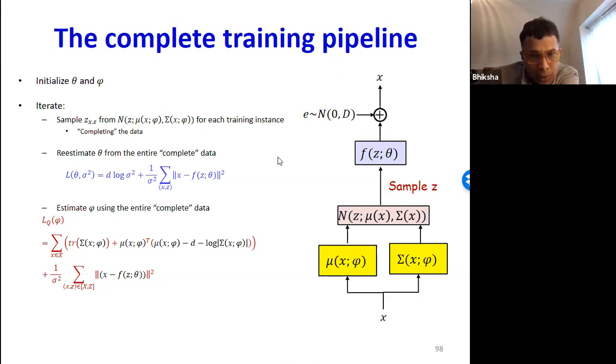To train the data model, you initialize theta, and at the first step, you need the posterior probability of z given x to sample z from, but you don't have it. So you approximate the posterior distribution by this Gaussian with a mean which is a function of x and a variance which is a function of x, and you sample z from it.